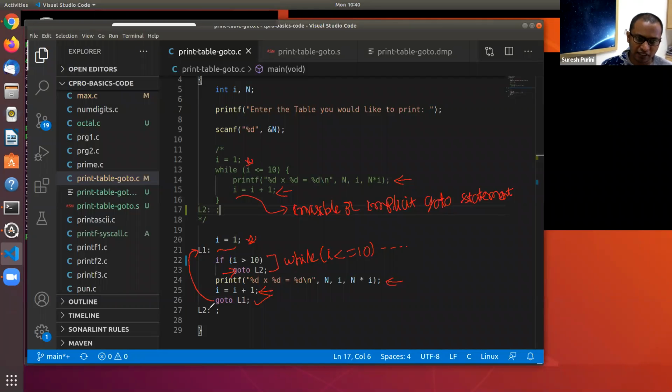So the important observation here is that in the C programming language, even if the for statement is not there, even if the while statement is not there, still you will be able to write all the programs. But the for statements and while statements make your code much cleaner. It is easy for an end user to read your code.